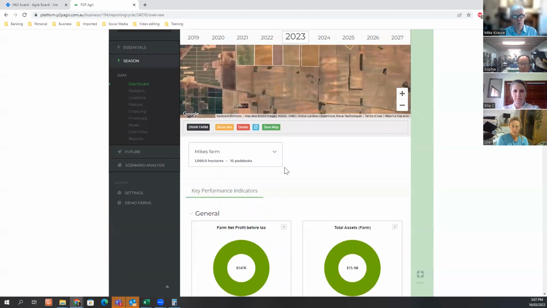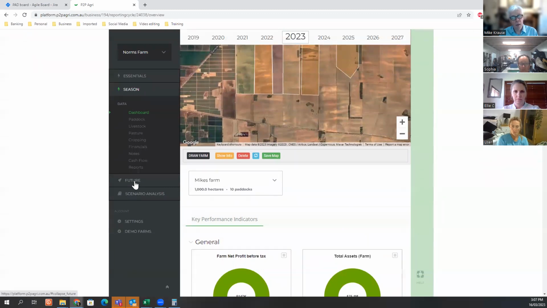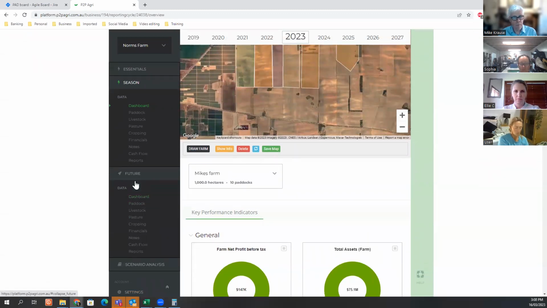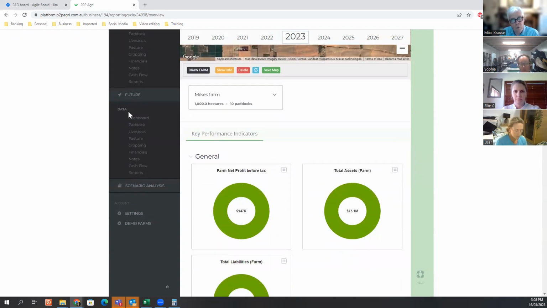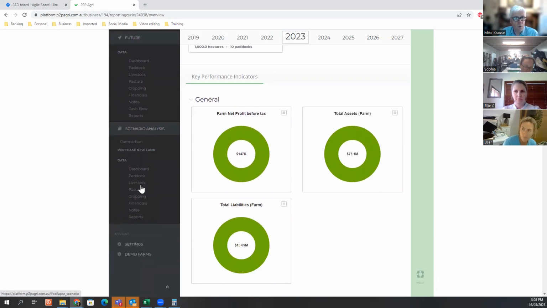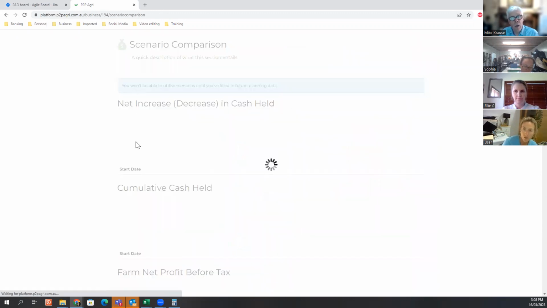As we go forward, then finally, we have future, which allows us to project forward the next 5 years. And I encourage users to model both good seasons and bad seasons here so we can see our risk profile. And once we've got our 5-year plan going, then we can use a really powerful scenario analysis where it allows